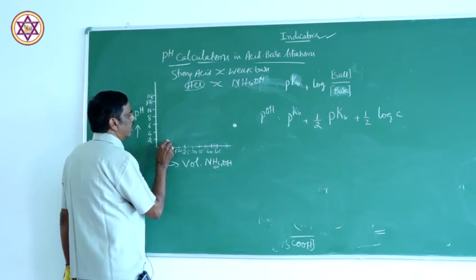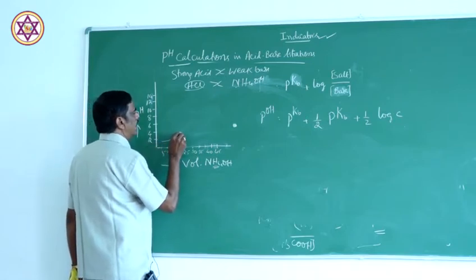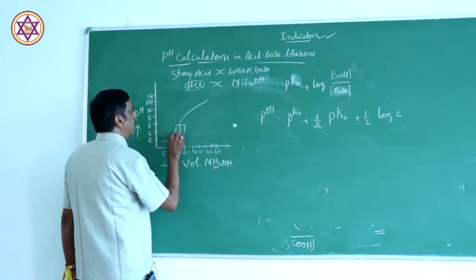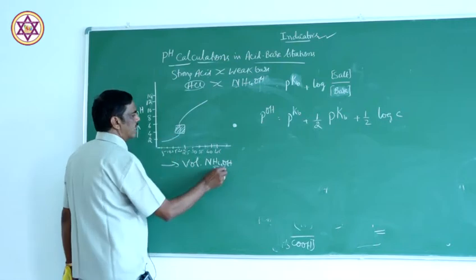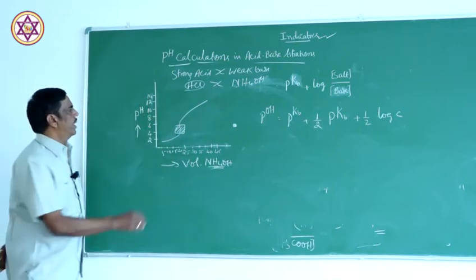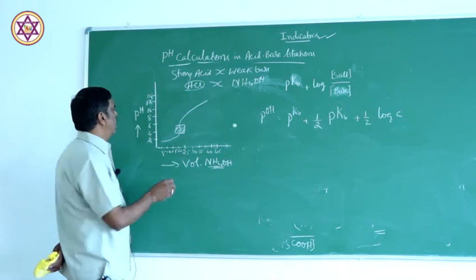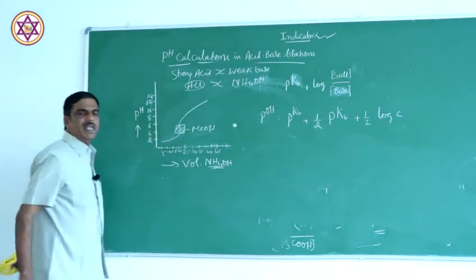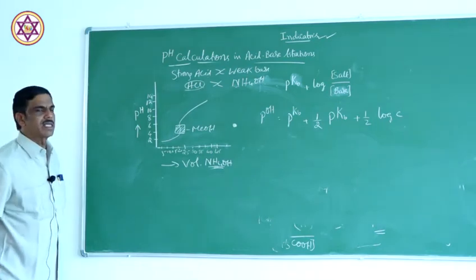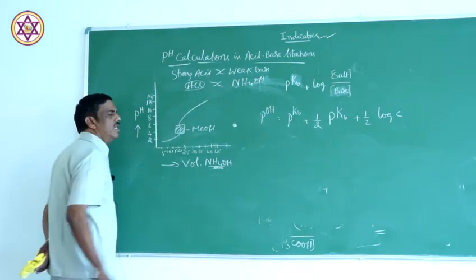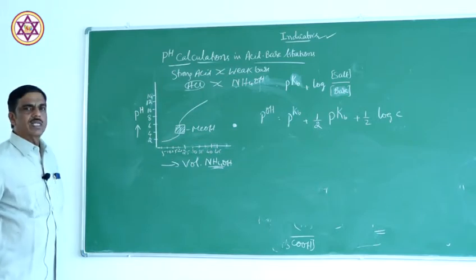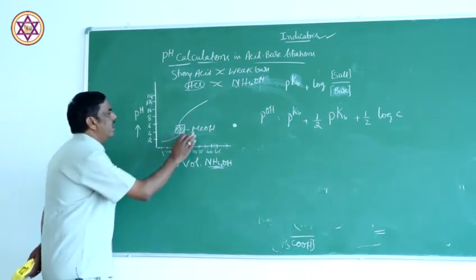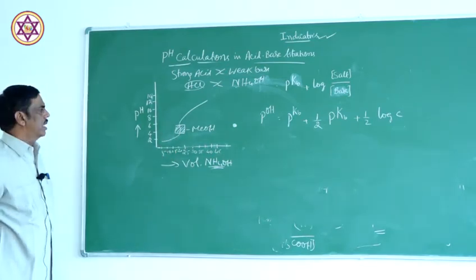The pH of the solution changes like this, and there is a rise of pH in this range between 4 and 6. So in case of ammonium hydroxide titration, the pH rise will be there between 4 and 6. Therefore, you have to use methyl orange only here. In case of weak base titrations with strong acid, you have this range between 4 and 6. Therefore, methyl orange should be used here, and you can calculate even the pH at this end point.